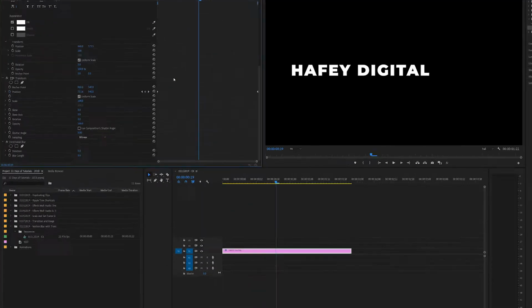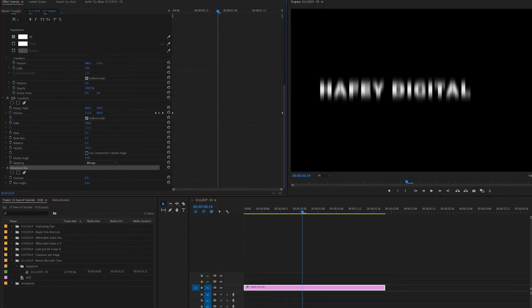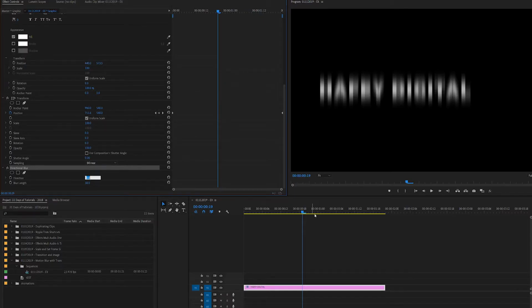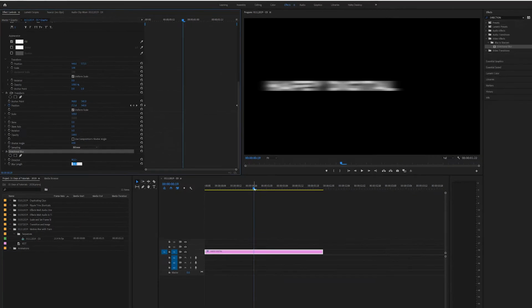And then over here on the effects panel, if you scroll all the way down, you will see the directional blur effect here. If I turn up the blur length, you will see that it sort of stretches the text out a little bit. Now in this case, because the text is going from the left to the right side of the screen, I don't want the direction of the blur to go up and down like it is here. So I'm simply going to change the blur direction to 90 degrees, and you'll see now it spreads it out. So if I were to play this back,